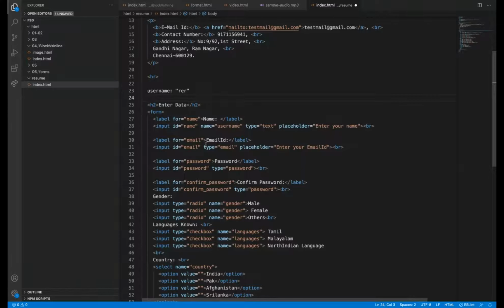And if I give name equal to email, I'll use user email itself. Otherwise, you'll get confused. You can use email also. So it is just a kind of variable name you are assigning to it. For my name, I'm assigning it to username. It can be like this also. While the data is sent back to the backend, it will be sent like that.